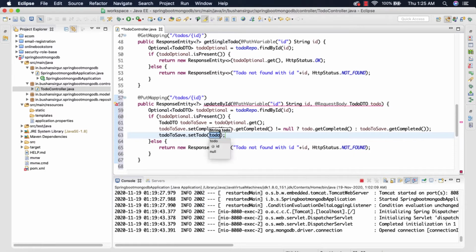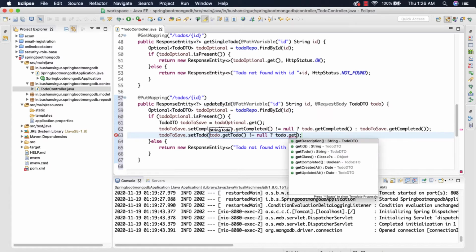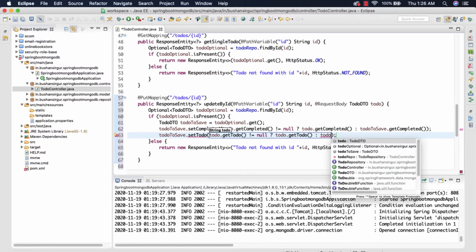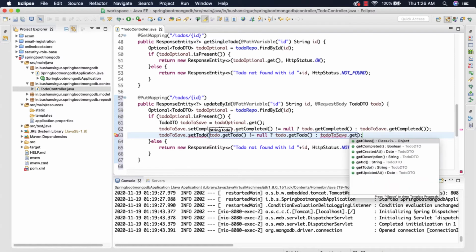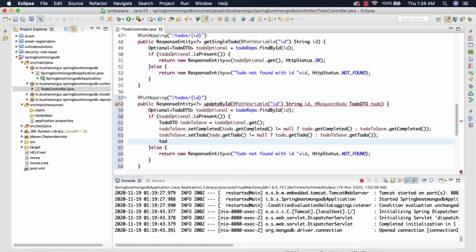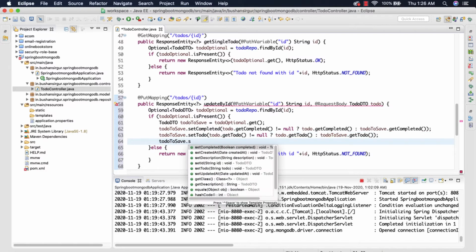SetTodo, and first we are going to check if todo.getTodo is not equal to null. Then we are going to get todo.getTodo, otherwise we are going to get todoToSave.getTodo, and we're going to do the same thing for description as well.